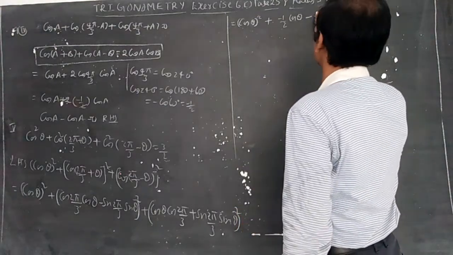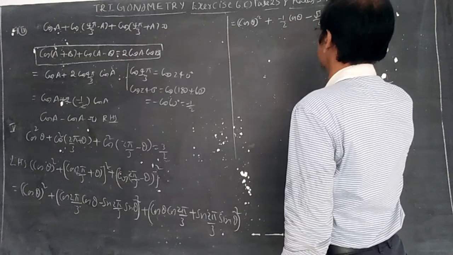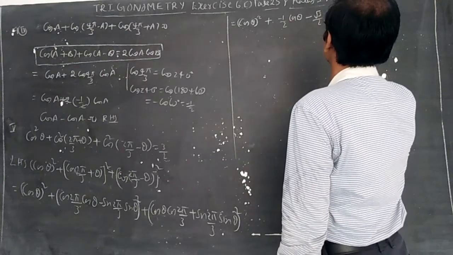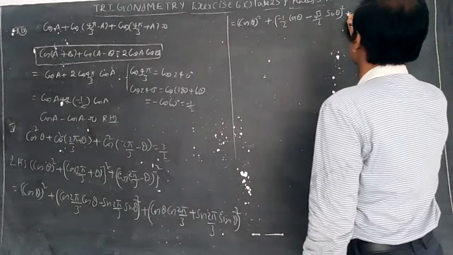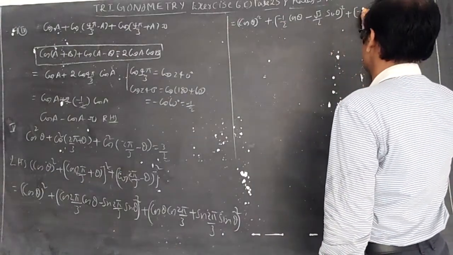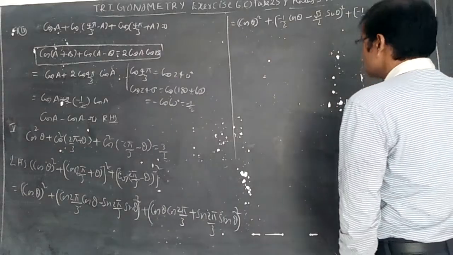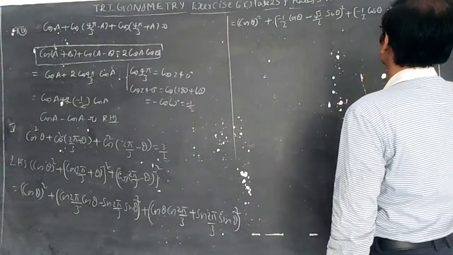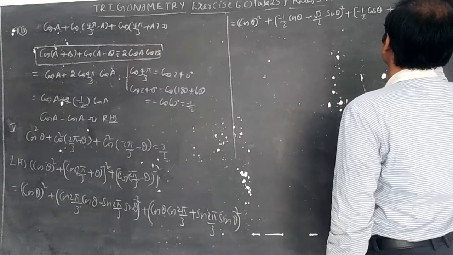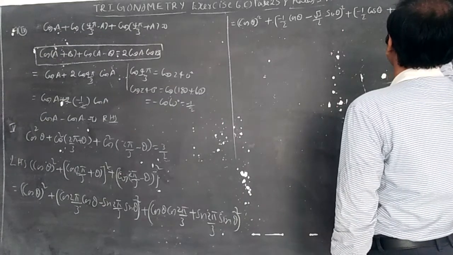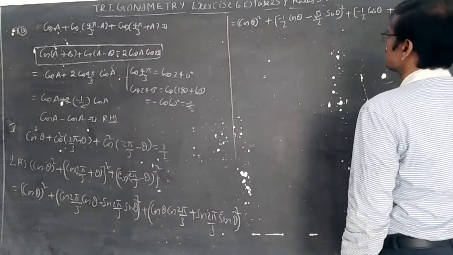Sin 120 meaning minus root 3 by 2 sin theta, whole square, plus here also minus 1 by 2 cos theta. Here sin 120 meaning plus root 3 by 2 sin theta, whole square,